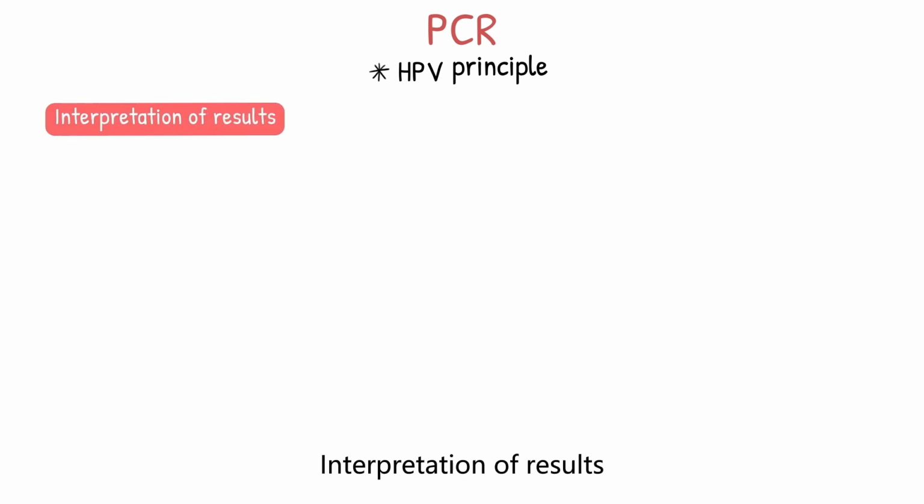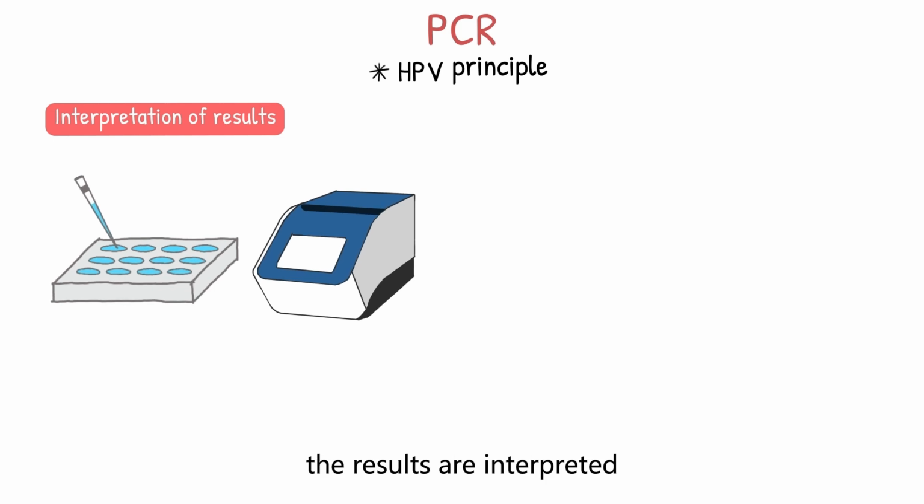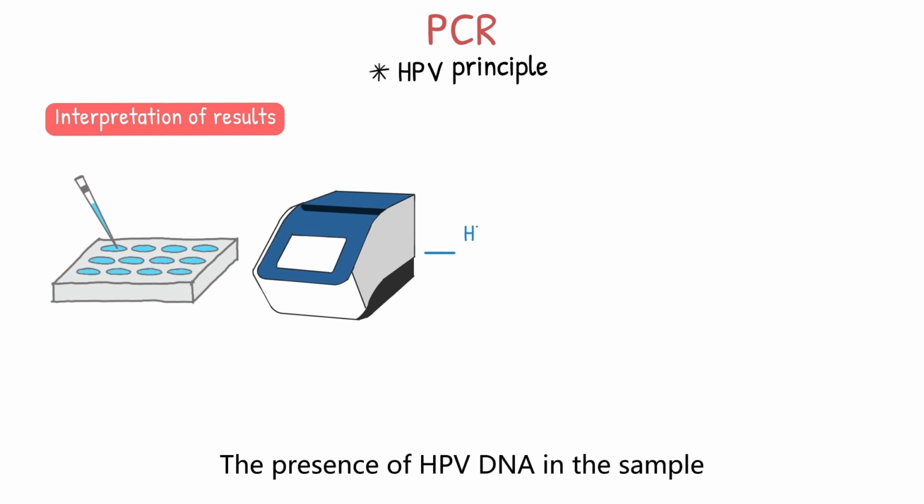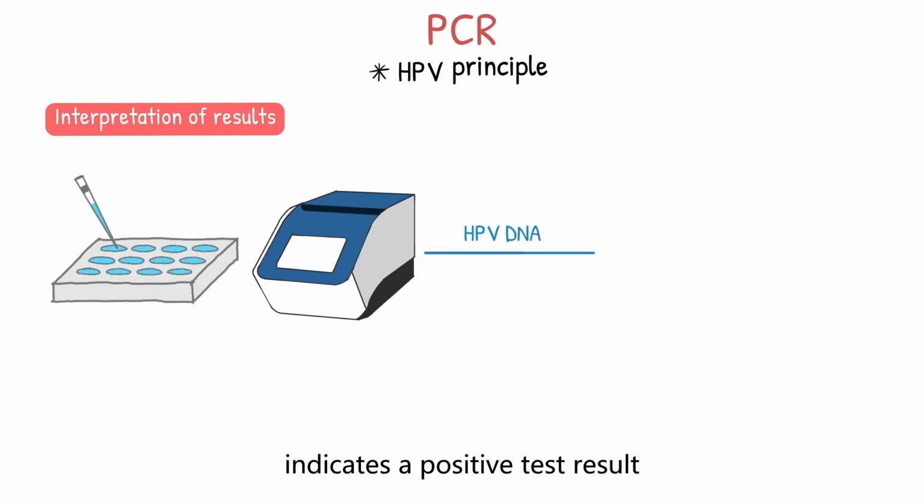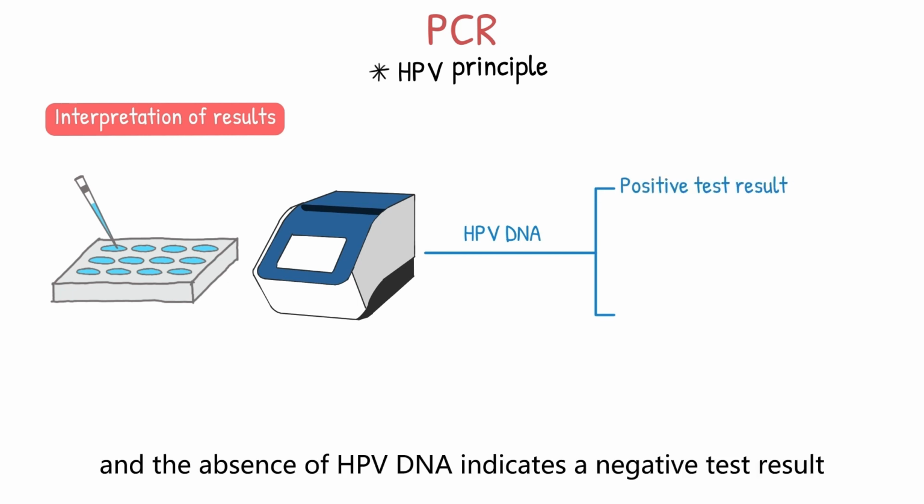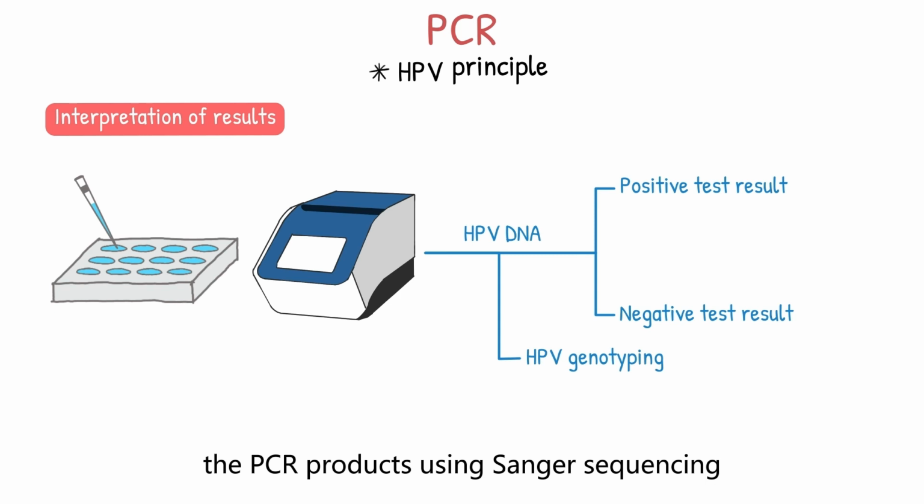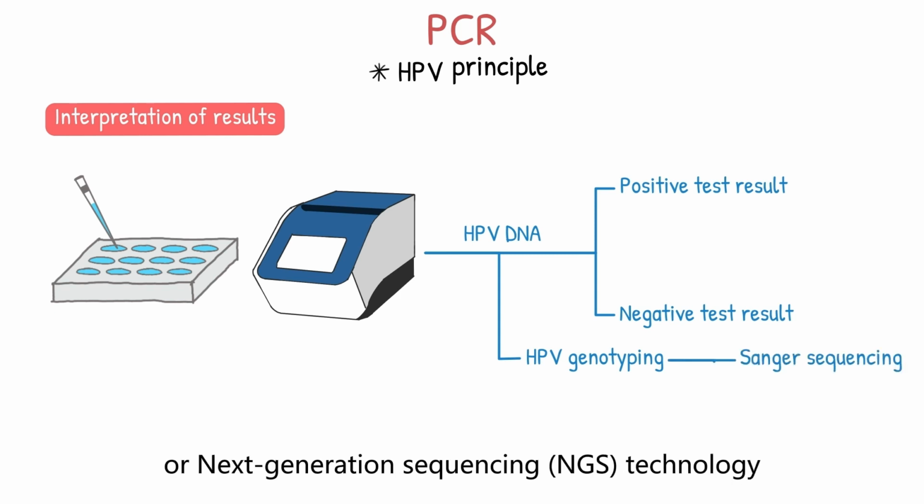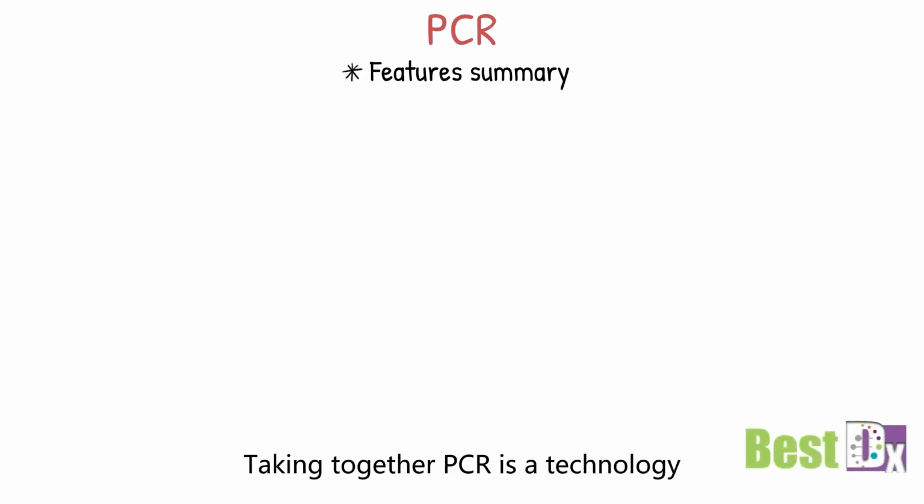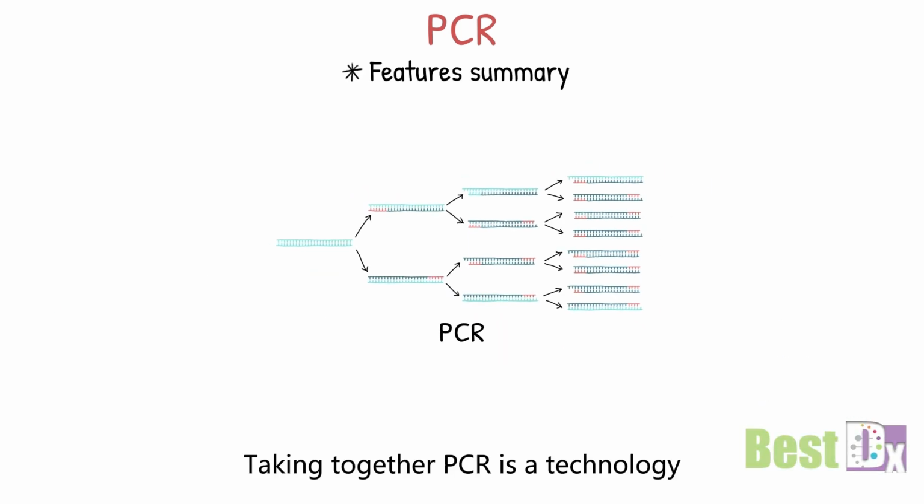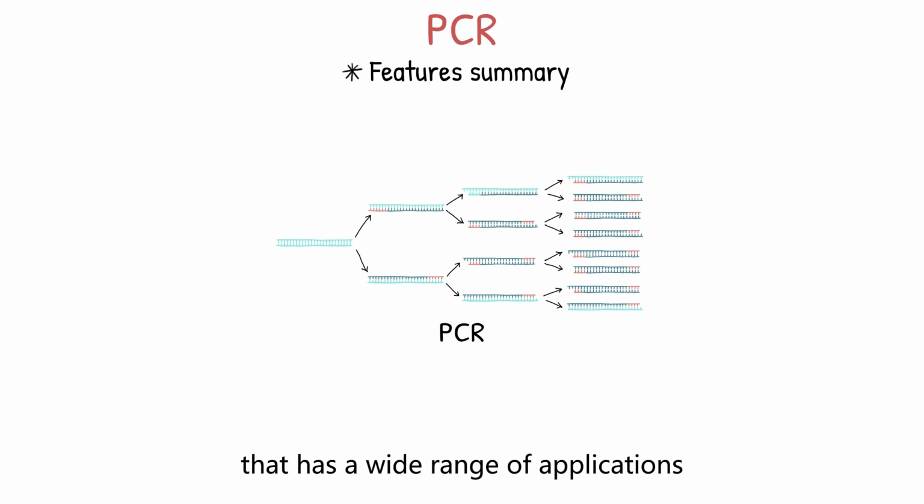The interpretation of results. Finally, the results are interpreted. The presence of HPV DNA in a sample indicates a positive test result, and the absence of HPV DNA indicates a negative test result. HPV genotyping can also be performed by sequencing the PCR products using Sanger sequencing or next-generation sequencing technology. Taken together, PCR is a technology that has a wide range of applications in vitro diagnostics, or